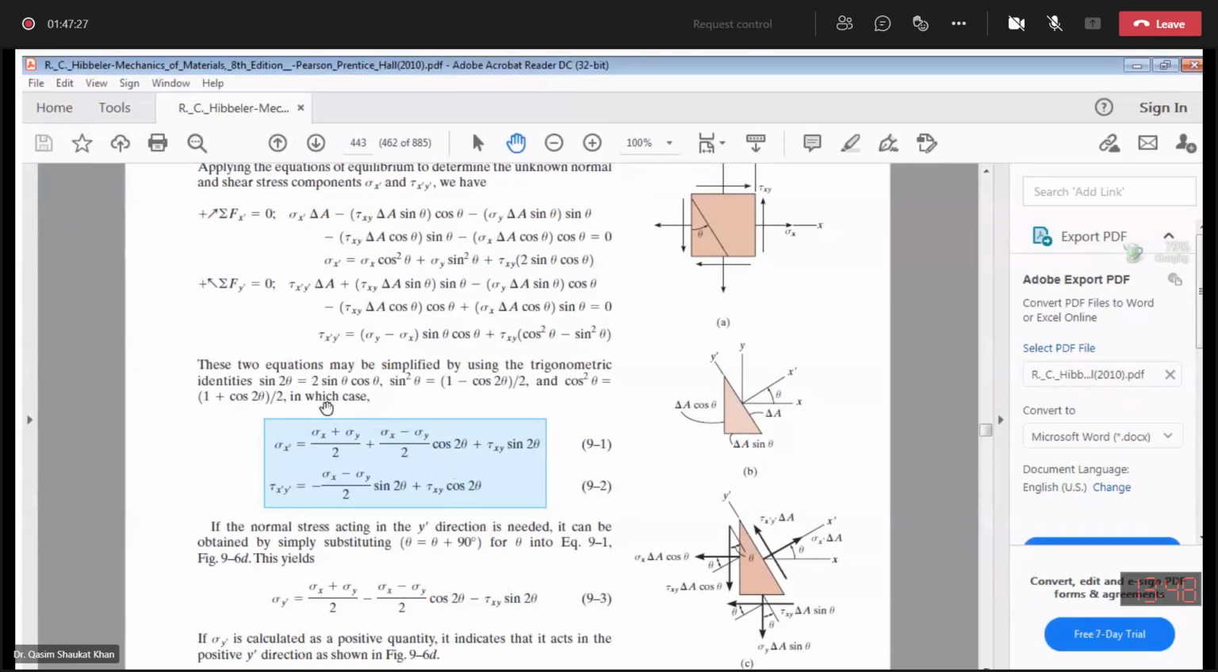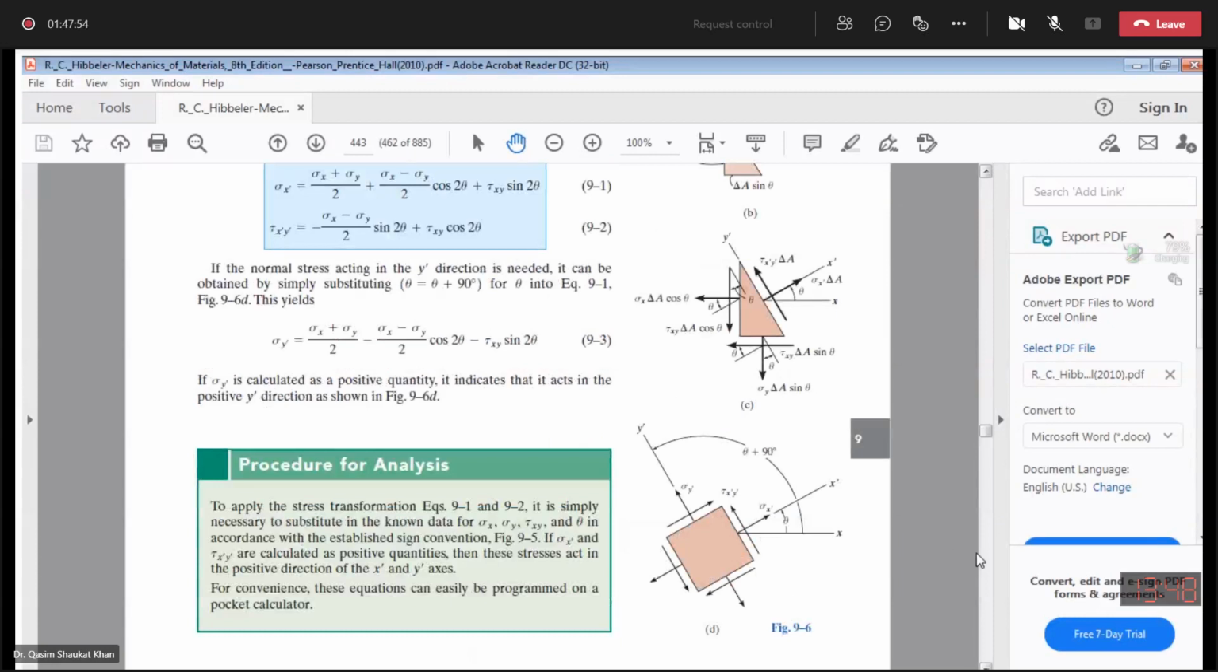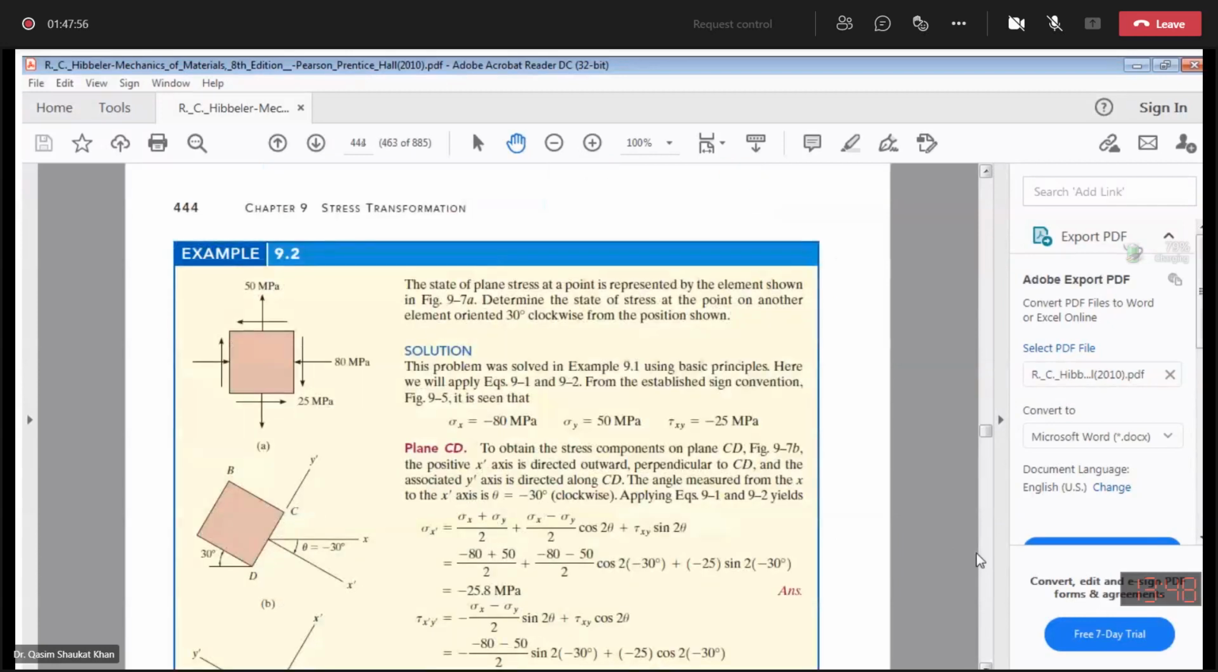You can see in the book as well, they have followed the identities. Sine 2 theta is equal to 2 sine theta cos theta. Sine square theta is 1 minus cos 2 theta over 2, and cos square theta is equal to 1 plus cos 2 theta over 2. This was all about the derivation. We have done the derivation in detail. Now tomorrow we will solve the numericals using